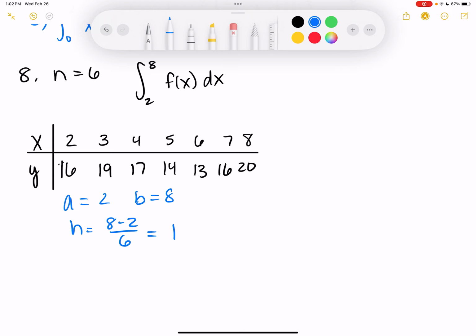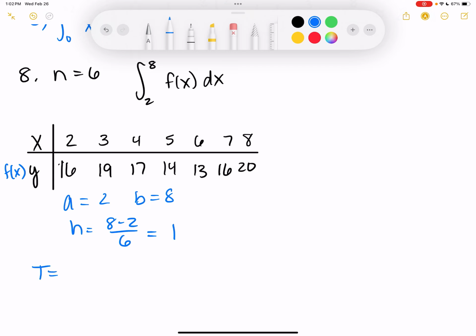And technically, just something I noticed, they actually write y as f of x because of how this was presented here, but it really doesn't matter. We obviously use those things interchangeably. So the first and last number always are just as they are. The other ones are all multiplied by 2. So T equals